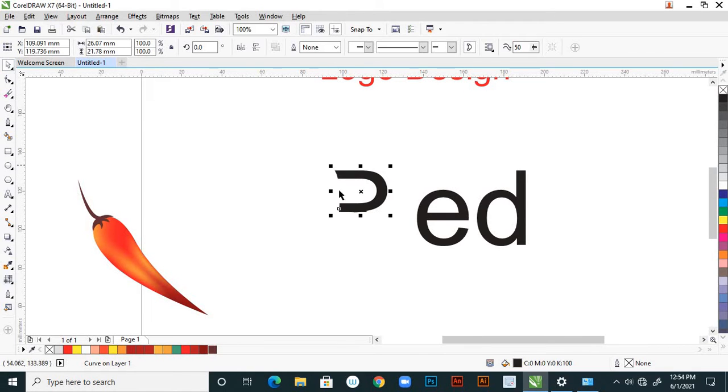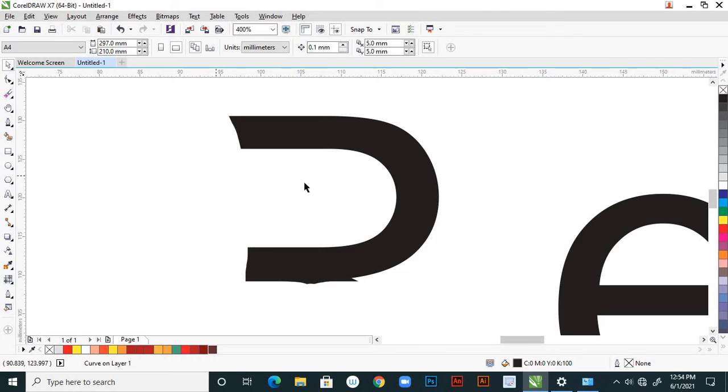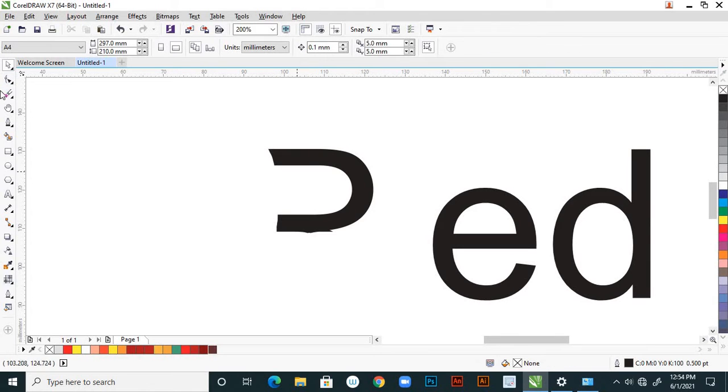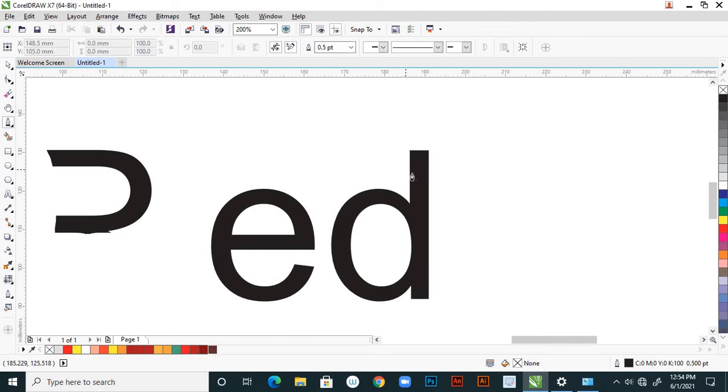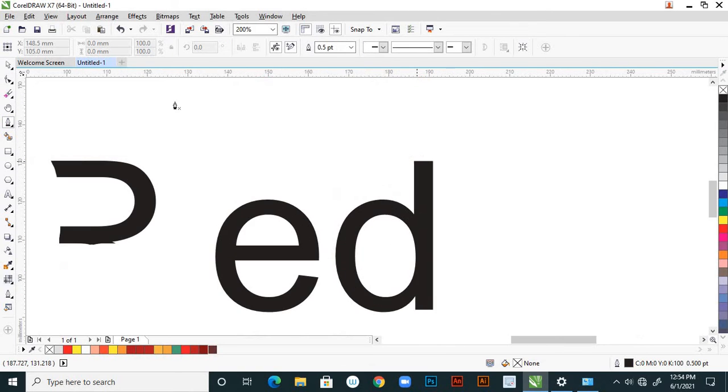Suppose see, this is my R shape. Because it is already converted into curves, I'm using this shape tool and I want to adjust. But for what I'm planning, I want to use this pen tool to take this line, or otherwise rectangle tool also. Suppose from here to here,